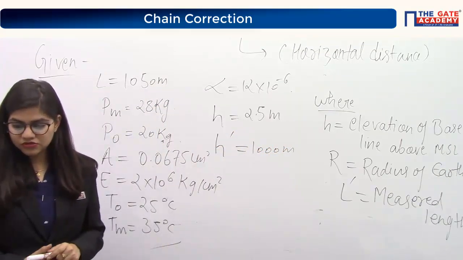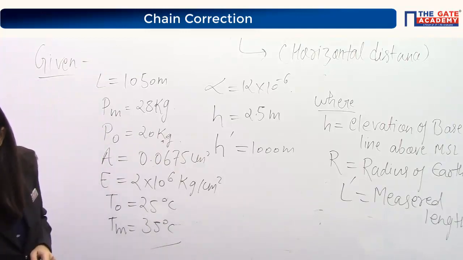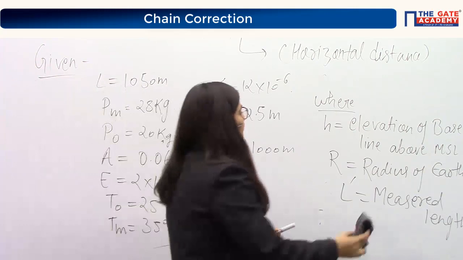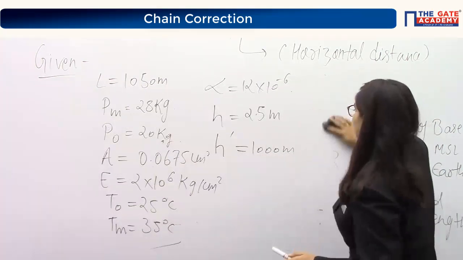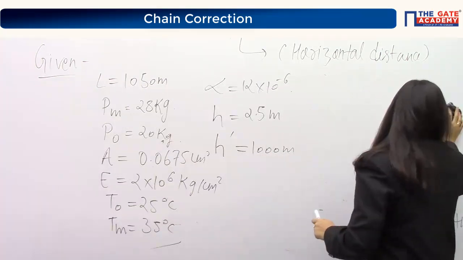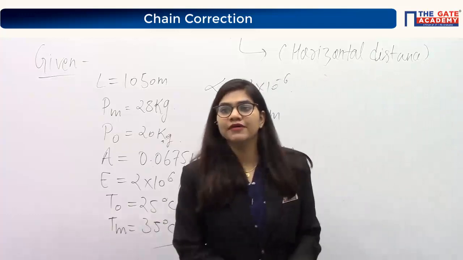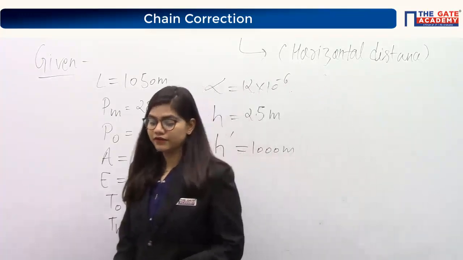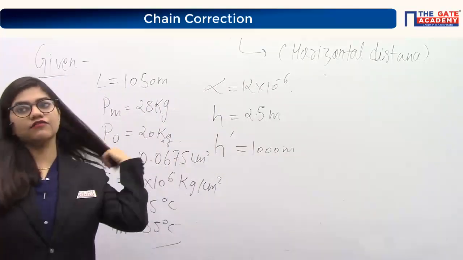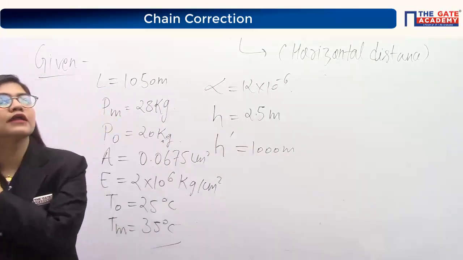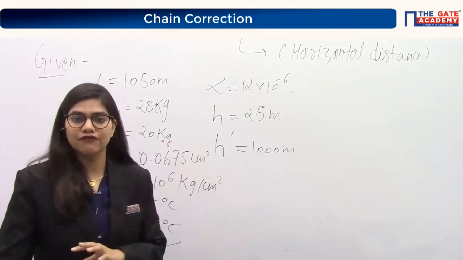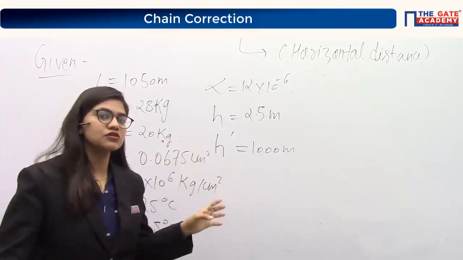Okay, so everything is elevation of the baseline, 1000 meter. Yes, everything is given to you. You can calculate the correct length, right? This correction for MSL will also be negative, okay, that we will see more in leveling. So this correction is also negative.